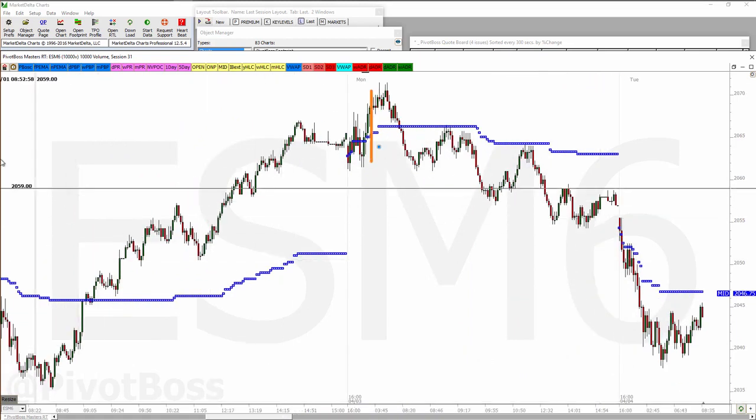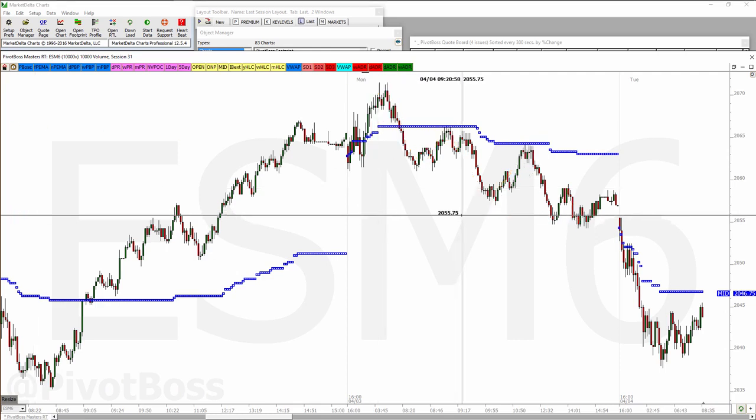So prices are, for example, holding up here, right? They fail to hold there, and when you change bias, the first retest is defended. If that's successful, the second retest is defended, right? And so many times, after a change of bias, those first retests become very, very high probability opportunities to trade.